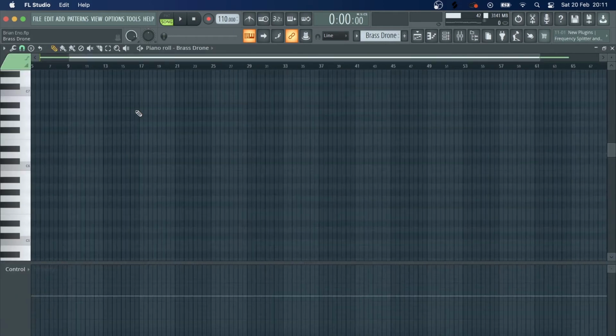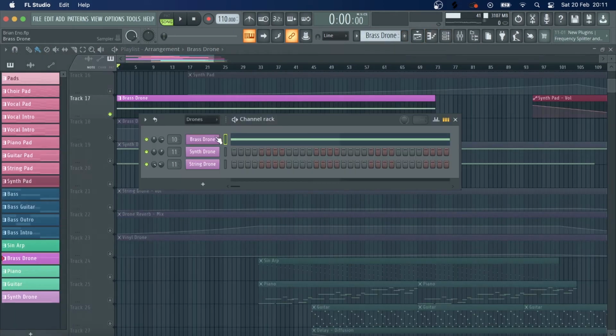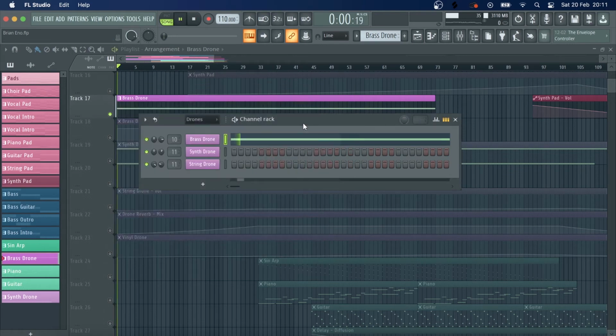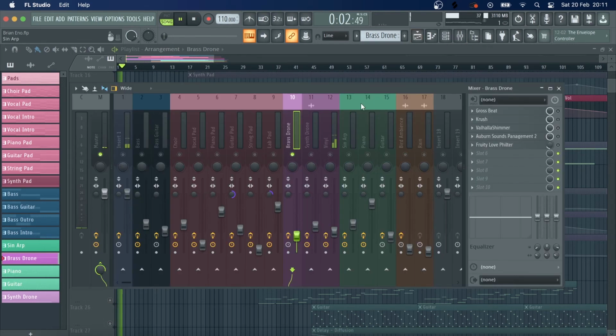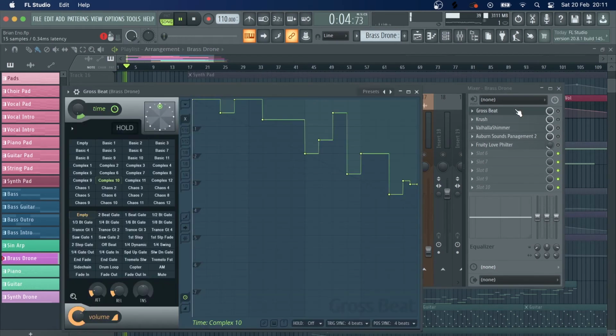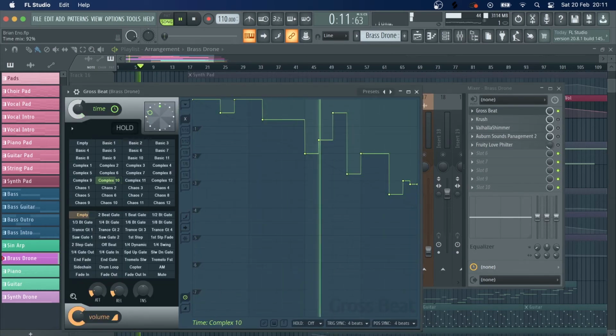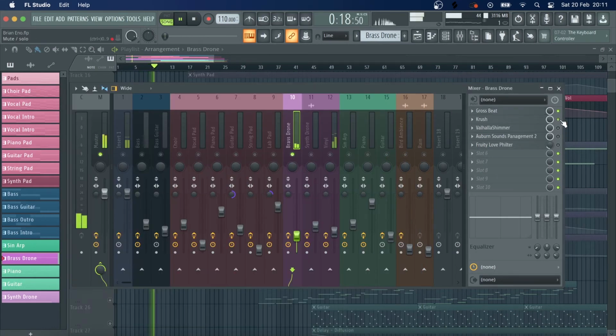So the first one is this brass drone, and that's just using the same sample as I did for the bass. This is how it sounds without any effects. And then the first one was just from this growth beat, and here it just chops up the sound a bit. Just a little amount, and then distortion to bring up the level, and then reverb, and this panda sound,